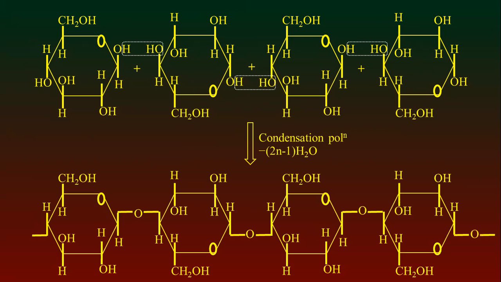This is the structure for cellulosic materials, and this group is known as beta glycosidic linkage. Beta glycosidic means beta glucose is used for the formation of cellulose. That's why this linkage is known as beta